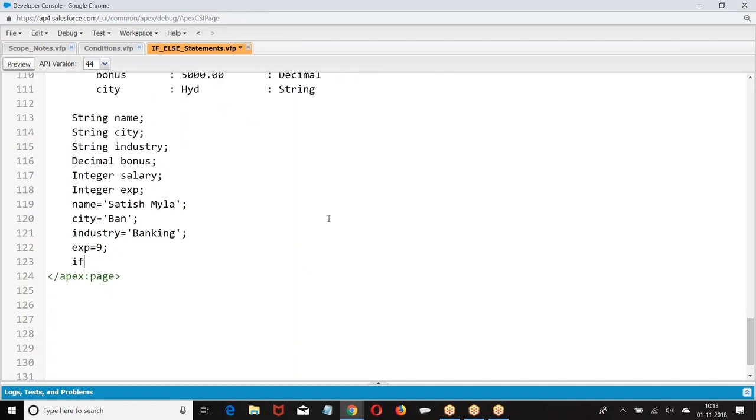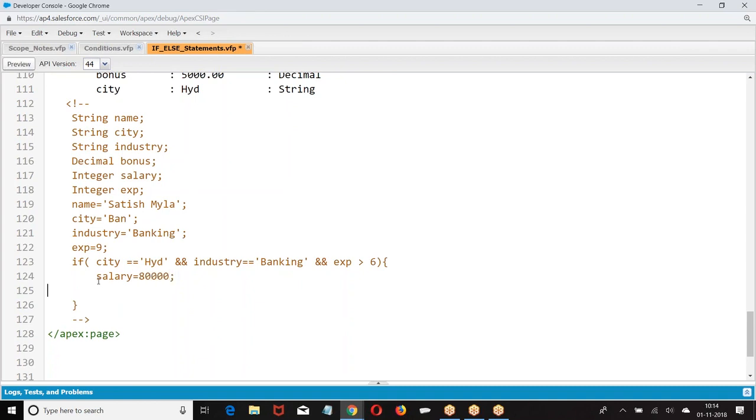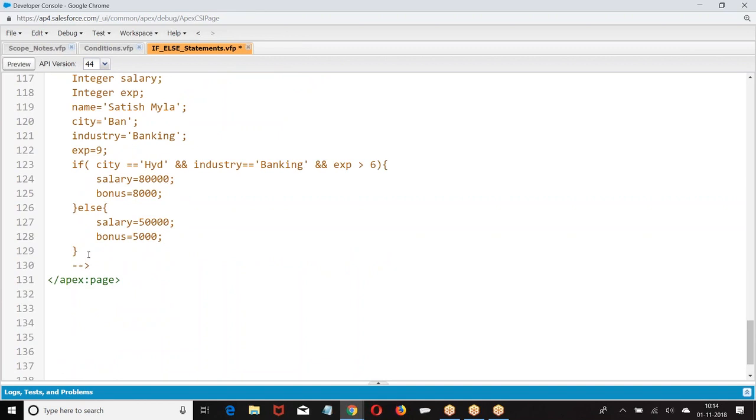Now we are going to write the condition. How do you write it? If city equal to Hyderabad and industry banking and... This is how we have given.